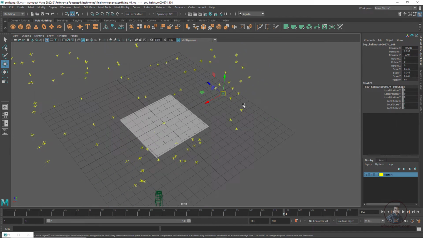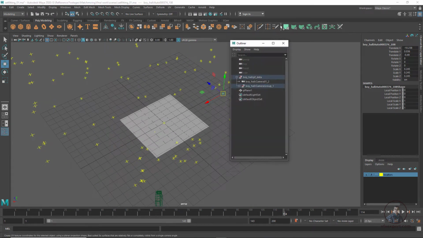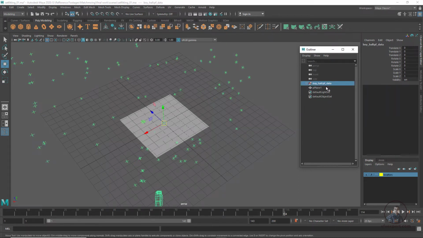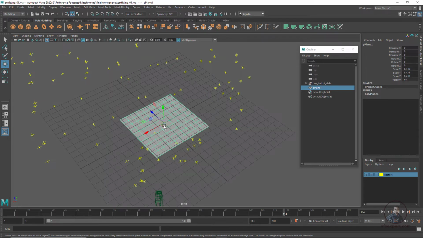So first what we have to do, open our outliner here. First select our scene group, remember this one, this scene group, and we have to snap this scene group anchor point onto this point. Okay, so I have selected scene group, press D and V like here, and select our plane, this one, and select this plane anchor point and just move it on this corner. Okay, so again D and V like this.